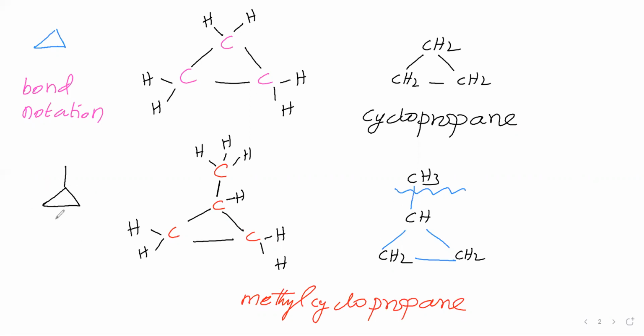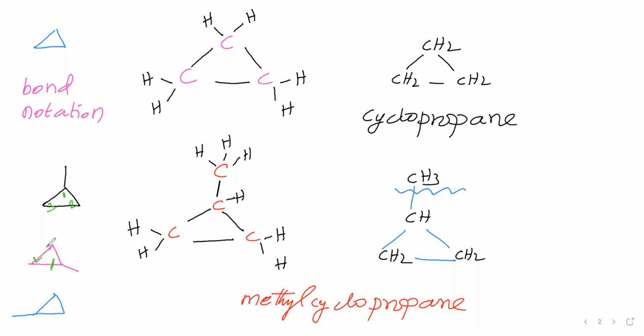Why do we not need to say the position? Because if you write this one like this, another possibility we can write like this. If we say the position of the methyl group, you have to give the numbering such that the branch should get the least position. For this carbon we will give number 1, here number 2, here number 3. So the branch position is 1. Here for this carbon only you have to give number 1, because the branch should get the least position.